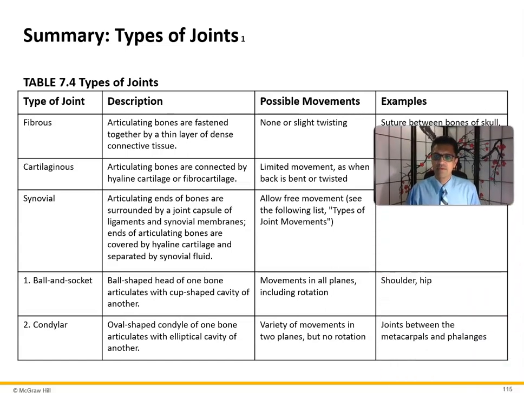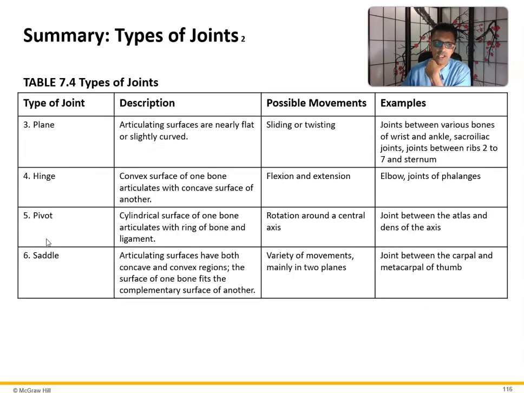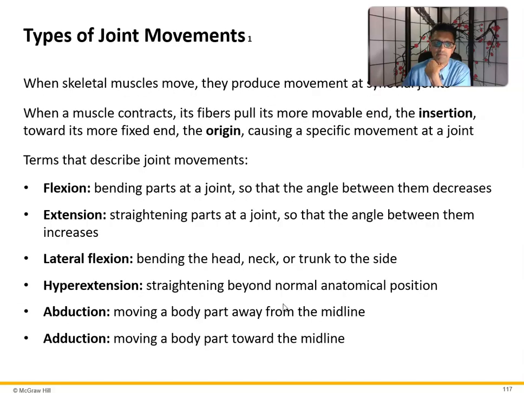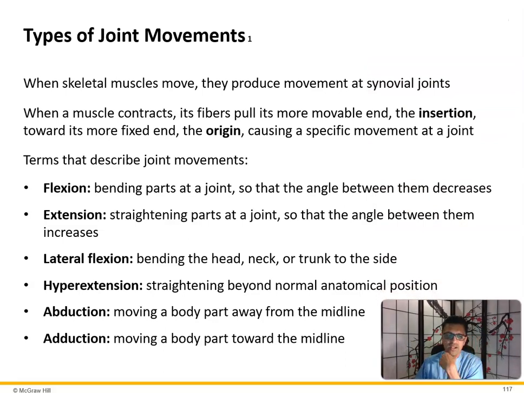This is just a summary of everything I've told you. Fibrous versus cartilaginous, synovial, ball and socket, gives you examples, describes it, condylar. So I don't have to read this again, but this is just kind of all in one. Plane, hinge, pivot, saddle, and again, it gives you examples on the side here. Now, the other thing is when these joints come together, where they allow movement, you need to understand what